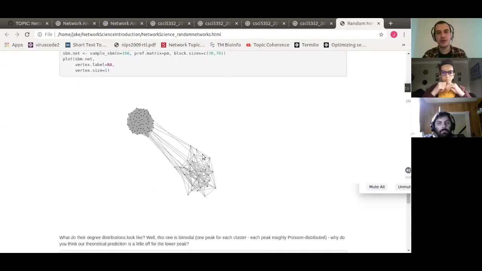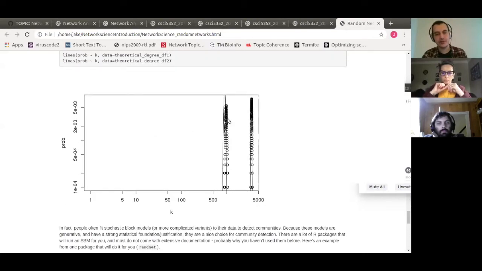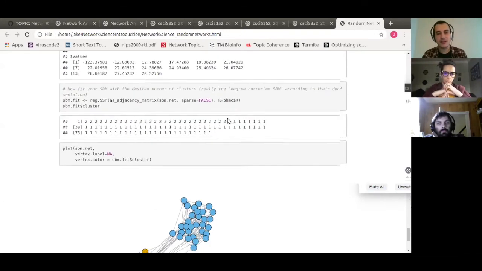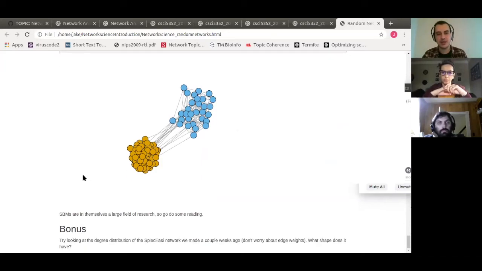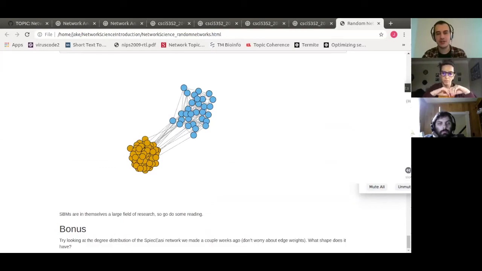I'll show you how to generate stochastic block models. They have weird degree distributions, and then finally, I'll show you how to use stochastic block models. You fit them to your data, and you can do community detection using them, right? So this is refitting that model and trying to get the community back out. And then as a bonus, I think you should play around with that Speakeasy network or some of